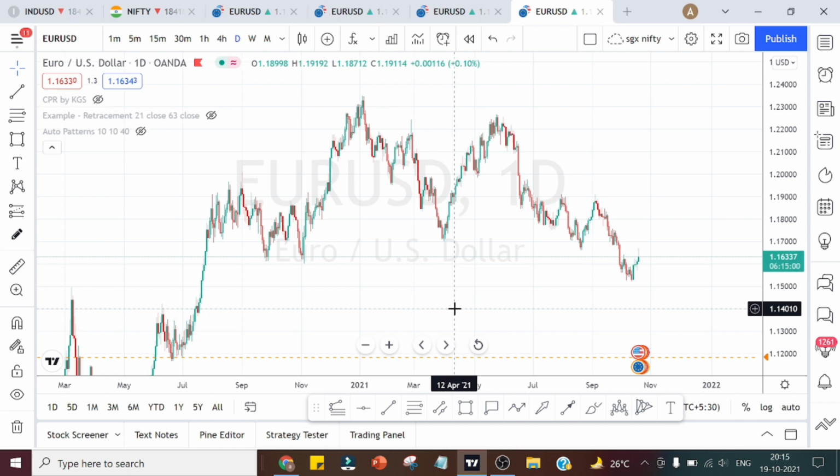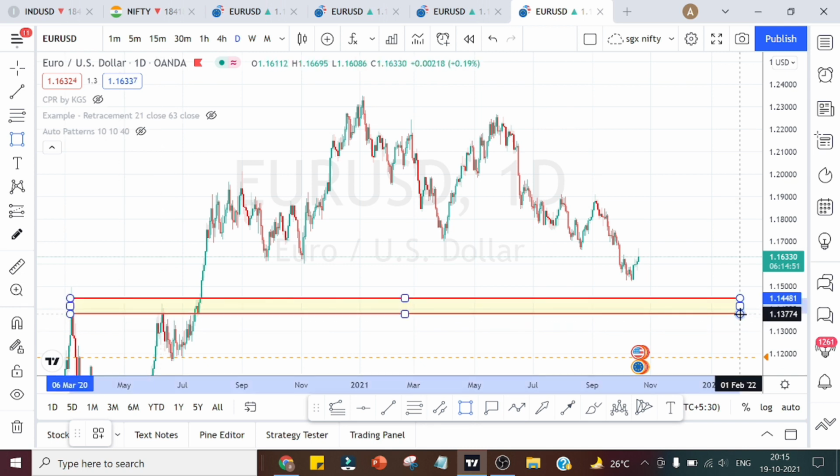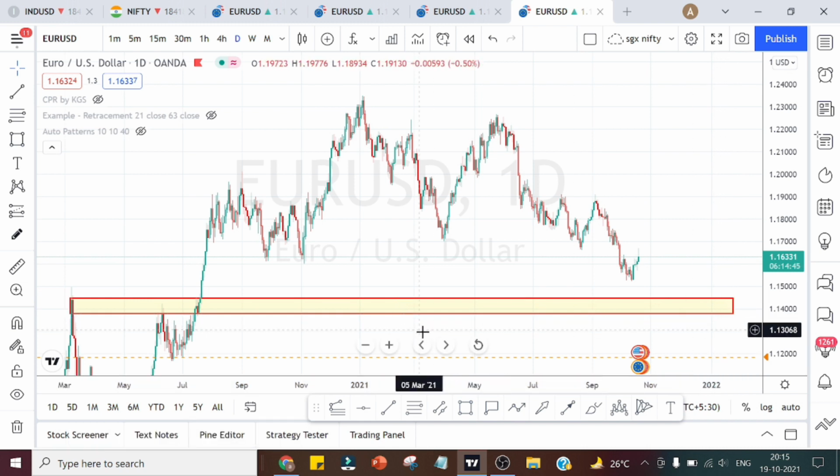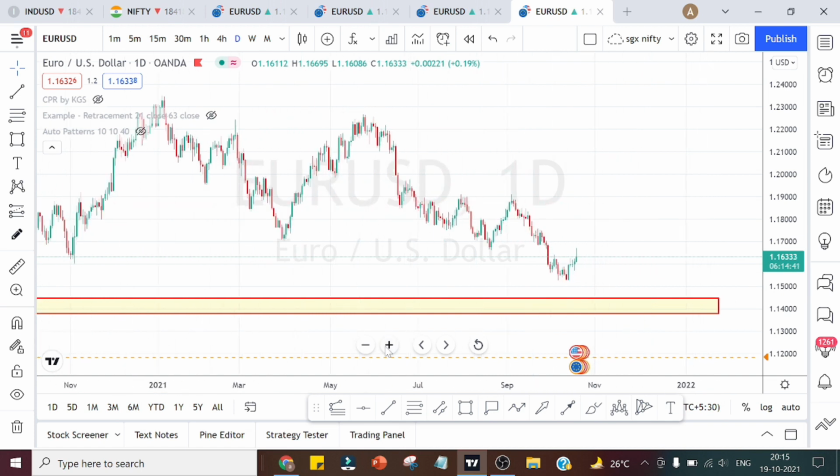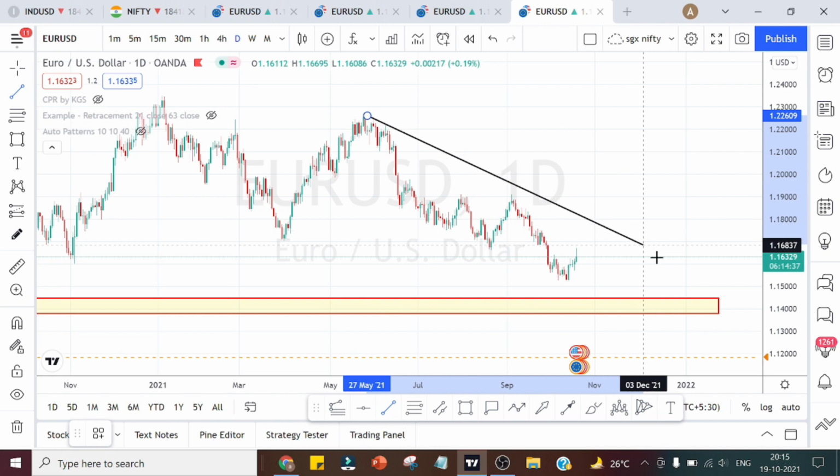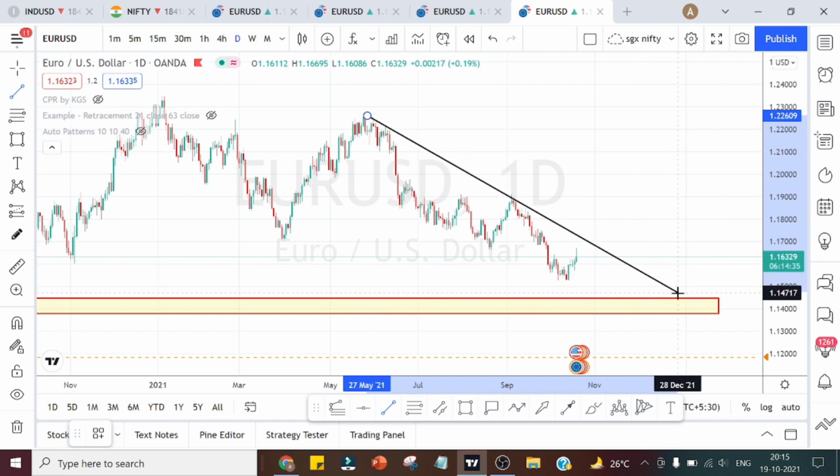So I'm on daily time frame now. Here in daily time frame, we know that this full area is a support area. Market hasn't retraced to this area yet. It is still on the upside. And when we see the overall market trend, it is on the downside from a daily time frame view. This is on a downtrend.